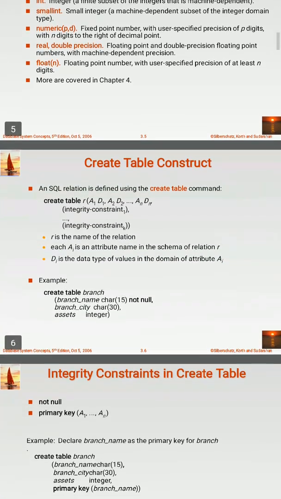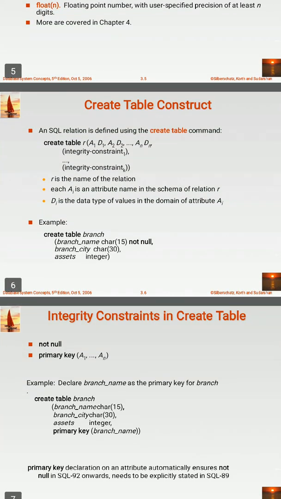Then we will see how to create a table, the construction of a table. An SQL relation is defined using the create table command. Create table r (A1 D1, A2 D2, and so on), then integrity constraints, where r is the name of the relation.